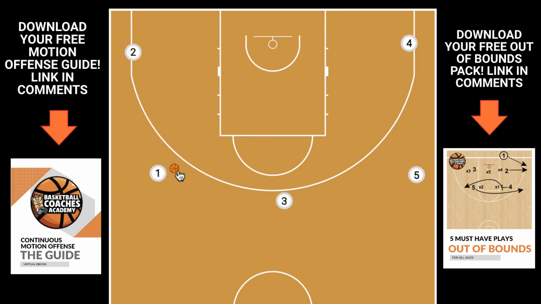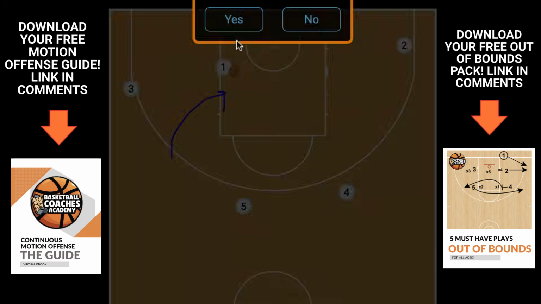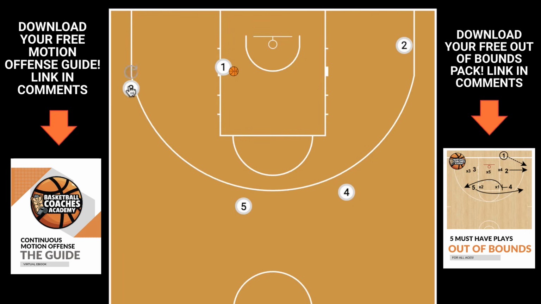So if we had the ball here in our point guard's hands and our point guard drives into the key right here, with the elbows open, you're going to see everybody else actually rotate in that same direction. So we would have number 2 cut this way as well, and everybody else would follow. Number 3 would go to that same side. Number 5 would move up here as well. Number 4 would move up, and then number 2 is going to continue cutting. So that style of offense right here, that's kind of what they're consistently doing, is everybody's moving toward that same side. Then say they needed to kick it out,